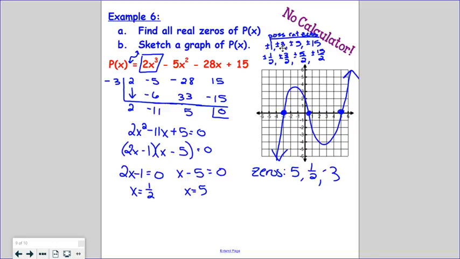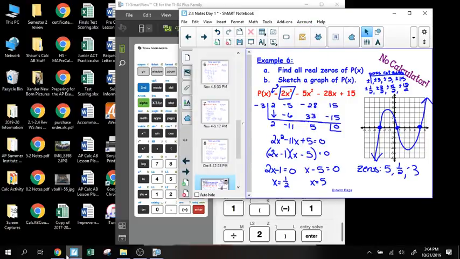All right, your guys' homework tonight is a worksheet